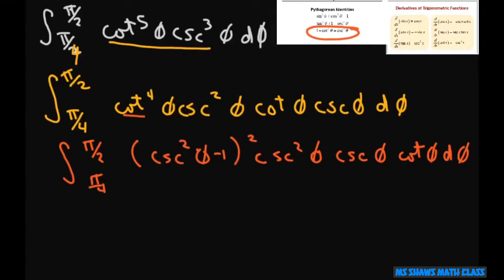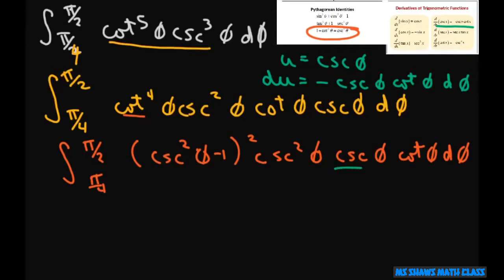All right. Now, the reason I did that is I want to use my derivatives, and I want to let u equal cosecant of phi. So where we find cosecant here, that means the derivative of u is negative cosecant of phi cotangent of phi d phi, which is what we have here. So if you want, you can make this a positive and change that to negative,